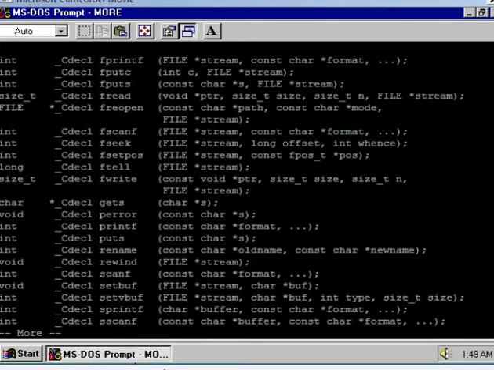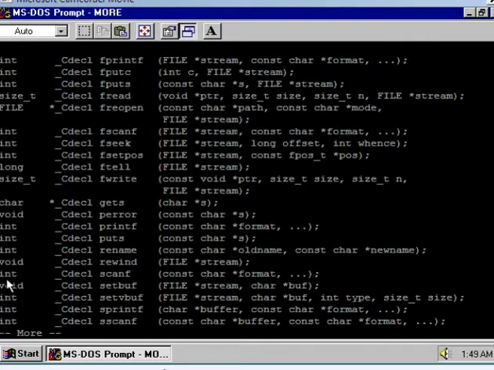Now we will find that the declarations of the standard library functions are given over here. So let us see the declaration for printf. You see here fprintf, the declaration of fprintf is given over here. The declaration of the printf library function is given over here. The declaration of the scanf library function you can watch over here, and so on.